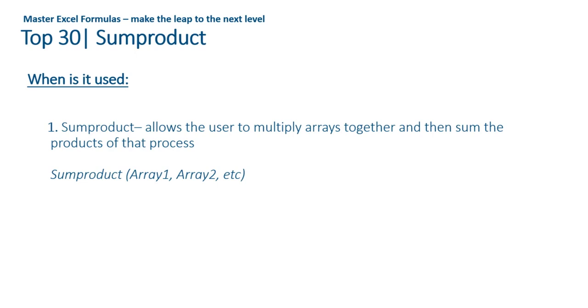Okay, fine. Now let's go to the presentation to see what the next formula is, and it is a very, very frequently used formula. SUMPRODUCT. Sometimes some people perceive this formula as being quite complicated, but it is actually not complicated. What it does is it allows you to multiply arrays together and then sum the products of that process. For example, the structure here shows you might have, let's say, 2 arrays, and then the values within each array will be multiplied, and then these outcomes will be summed to get the final